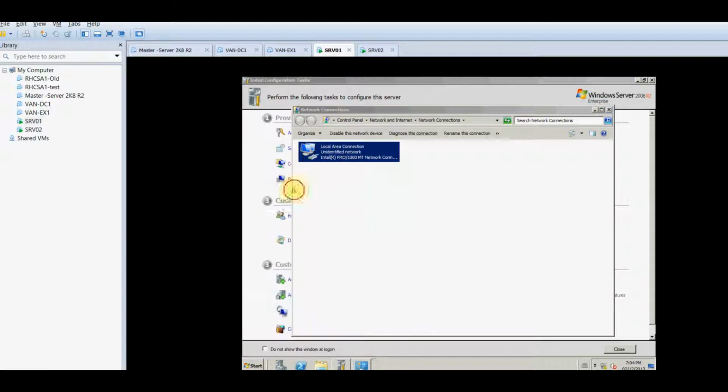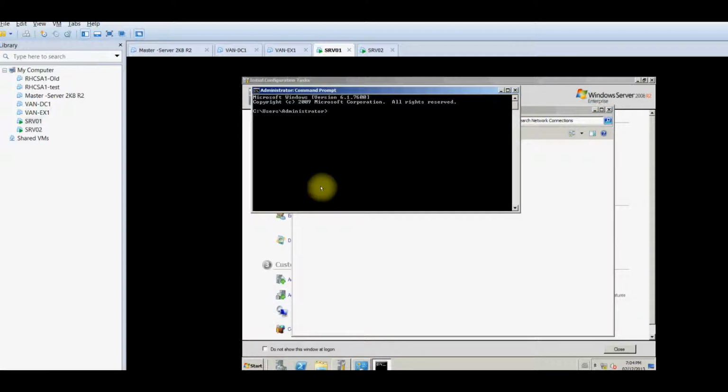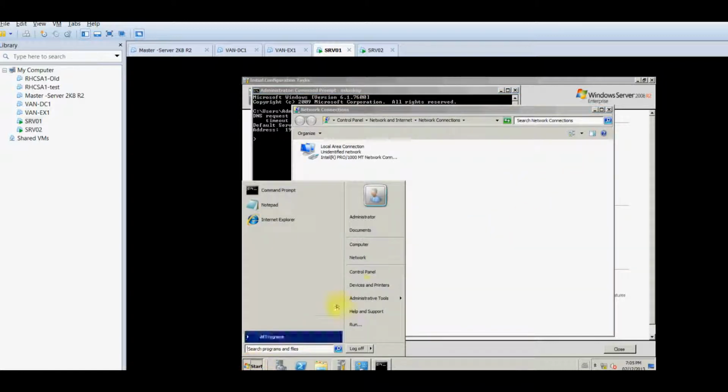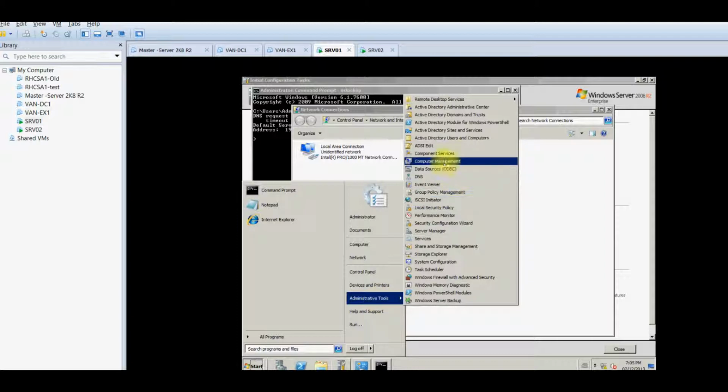And let's go to the command prompt and type nslookup. Yeah, it is now 192.168.0.1. However, the default server is unknown. To resolve this, so the default server would be right, we have to go to the DNS server,